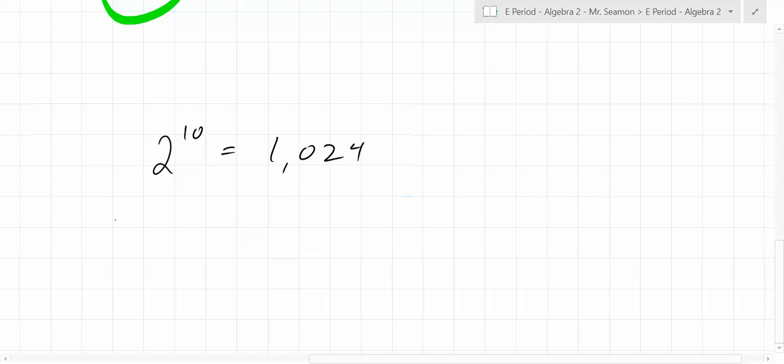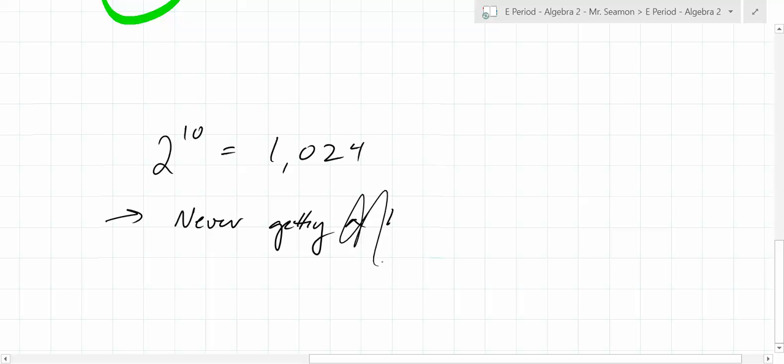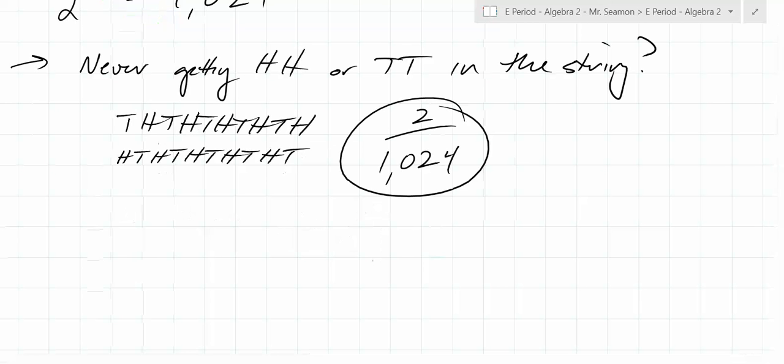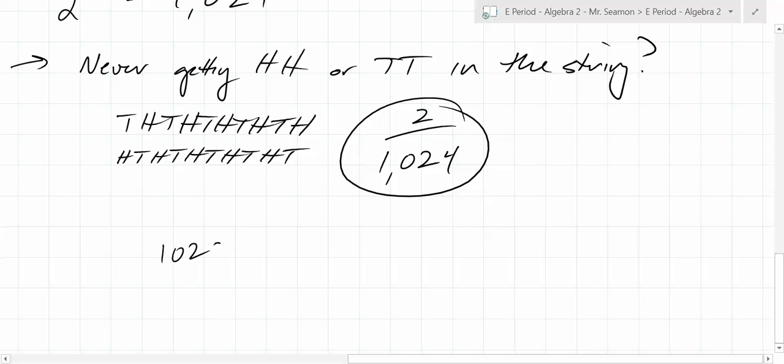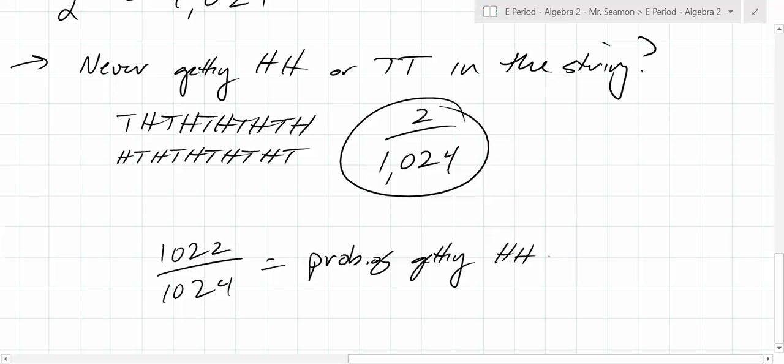Okay? So here's a question for you. Probability of never getting 2 heads or 2 tails in a row. Do you understand that we're getting a string of heads, heads, or tails, tails? What's the probability of getting heads, heads, or tails, tails? 1,022 over 1,024, correct, equals the probability of getting heads, heads or tails, tails somewhere